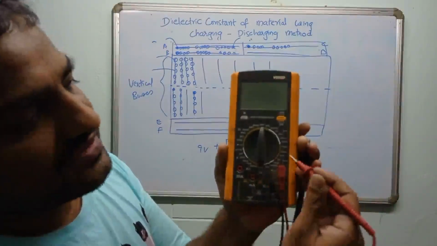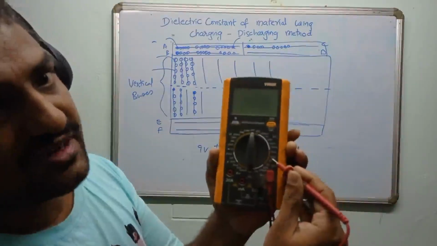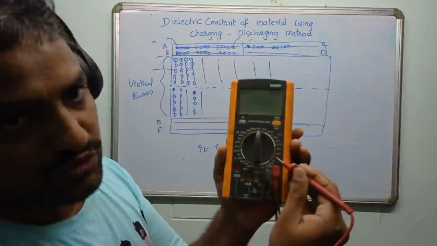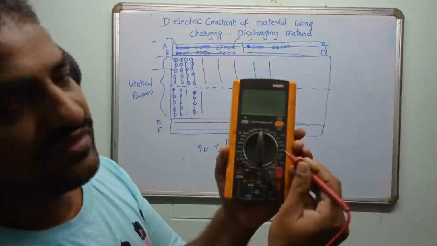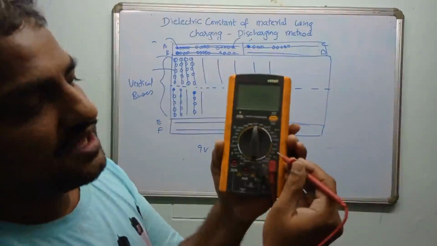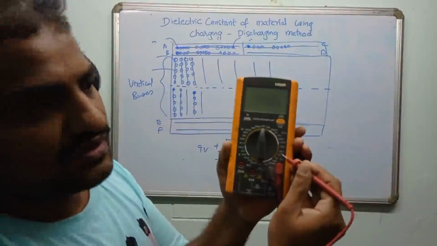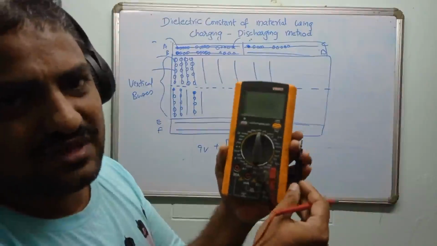And remember, if the range is marked as 200 volts, it means you can measure up to a maximum value of 200 volts. And similarly, if it is marked as 20, this is up to 20. Then you may have a doubt, why can't we measure all voltages with 750 volts? The problem is, if you go to lower range, there the resolution will be better, and if you retain yourself to larger range, the accuracy will be poor.